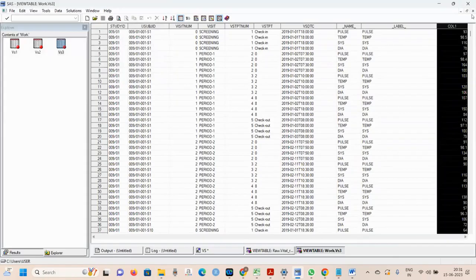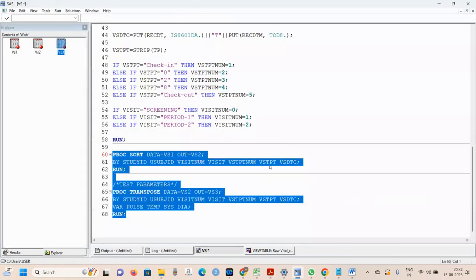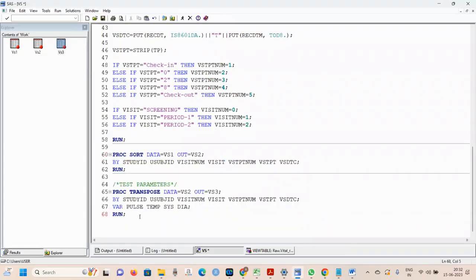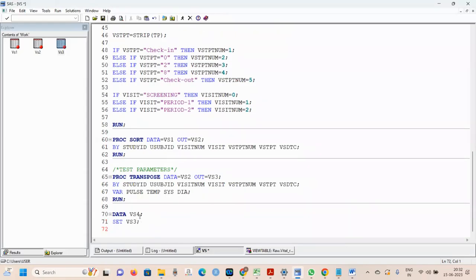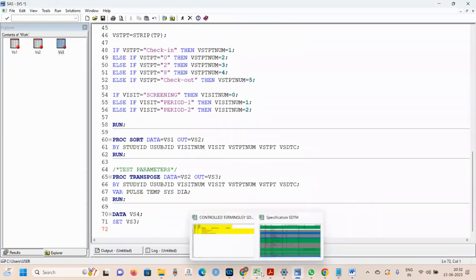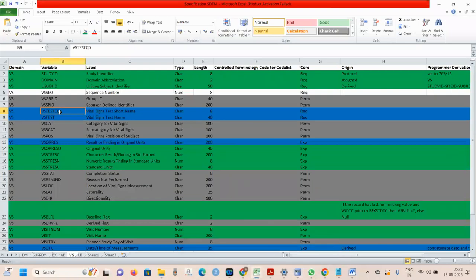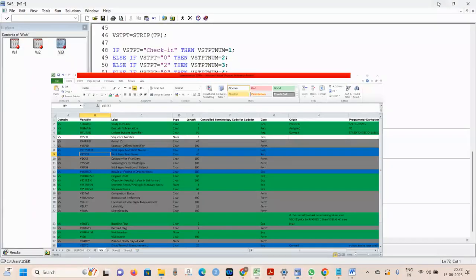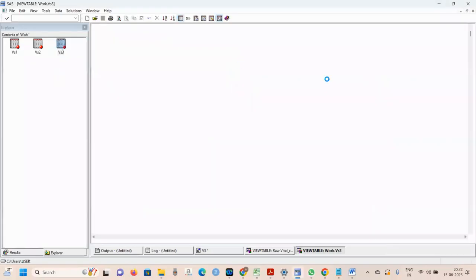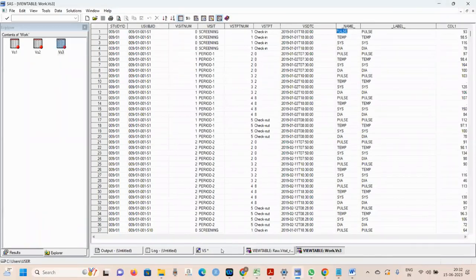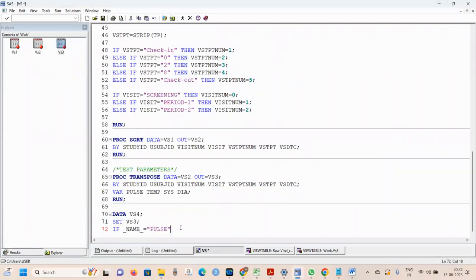Okay, let me check this one. Okay. Data VS4 equal to set VS3. So now we're going to derive VS test CD and VS test. Okay. If _name_ equal to this one, else, then